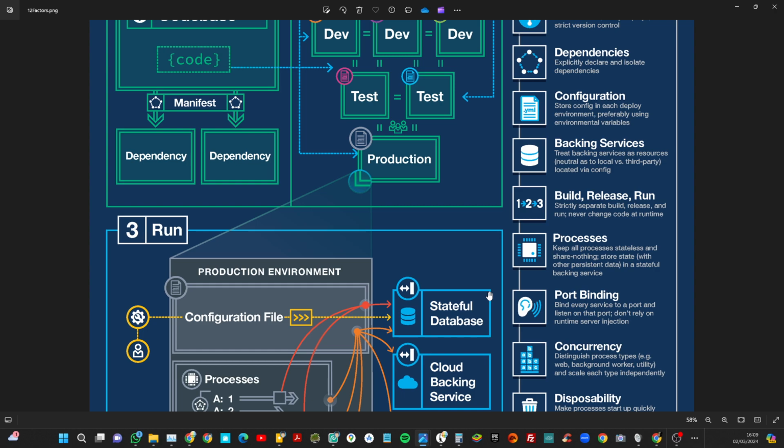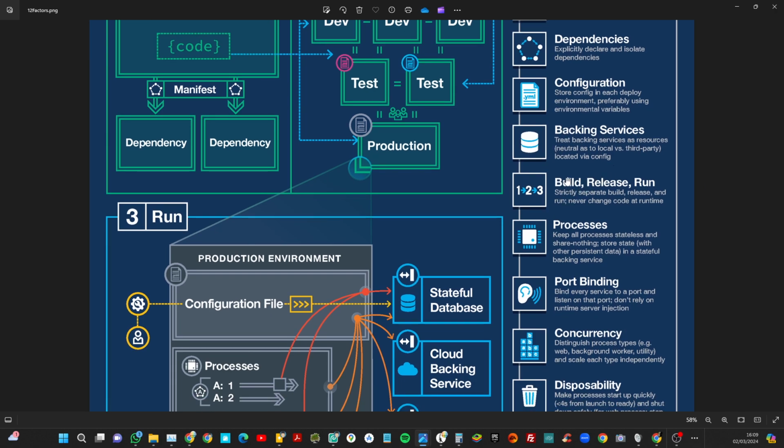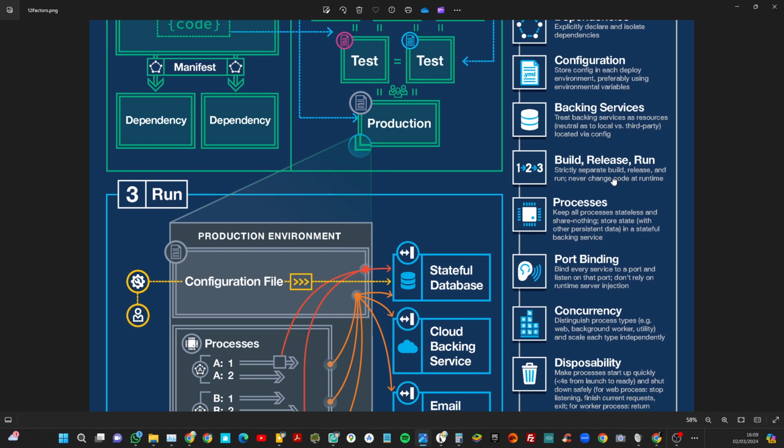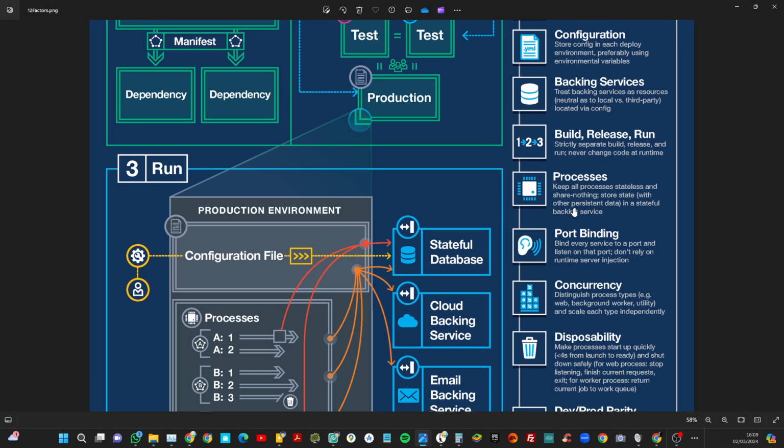For example, if you are using a Microsoft Azure database or a RabbitMQ or Kafka queue manager, etc. So you use your backend services,